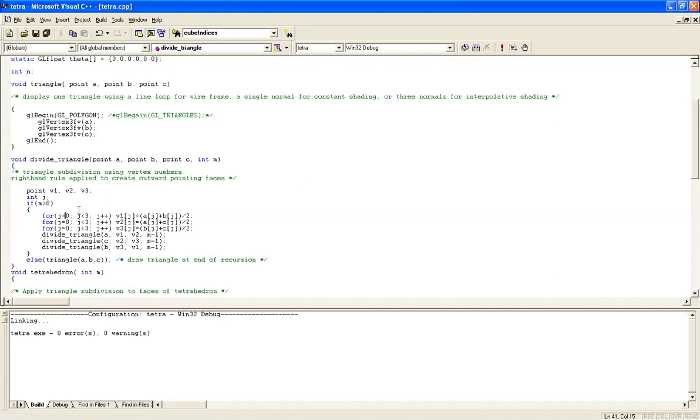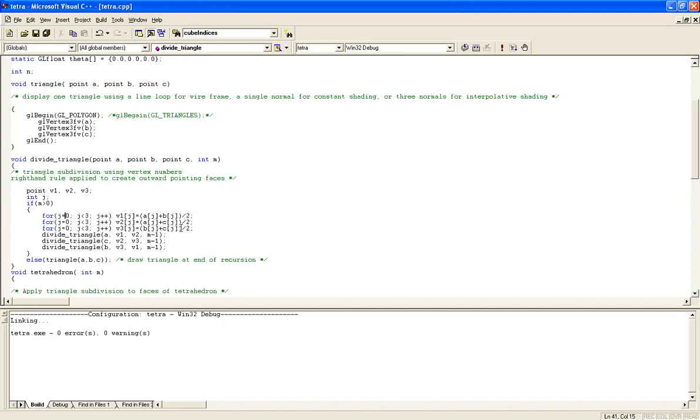Now coming back to the for loop, why are we taking j equal to 0, j less than 3, j plus plus? Sorry guys, I'm really sorry. j equal to 0 indicates the x-axis, j equal to 1 indicates the y-axis, and j equal to 2 indicates the z-axis. Every time I need to check with the different axes. So now I'm taking vertex 1, 2, and 3. For vertex 1, I'm going to divide into half. Vertex 2, I'm going to divide into half. Vertex 3, I'm going to divide into half. I could have done this much only and finished the program.